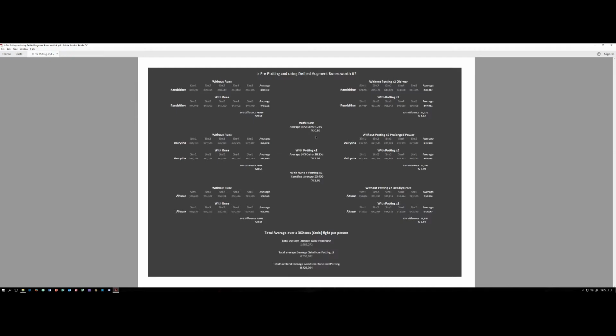And again, out of curiosity, I ran these same 3 players without a pot and without a rune, and then ran them again without a rune but potting the specific pots they require, which I got from Icy Veins. So Randolph, single target, should be using Old War. Pre-potting and potting during the fight, he gained an average DPS gain of 27k,